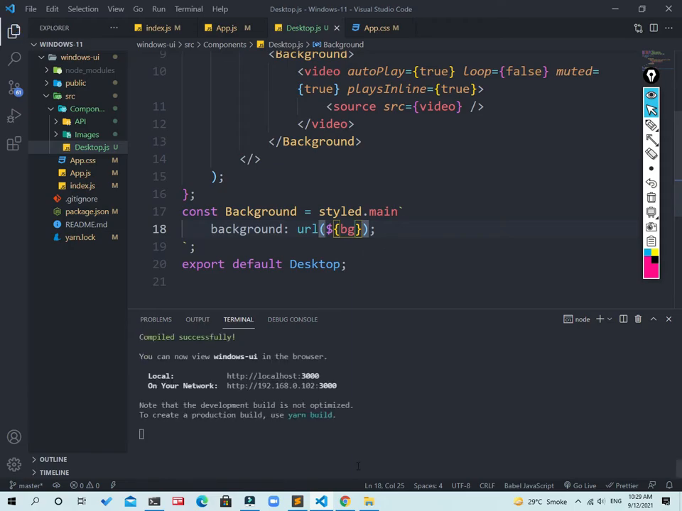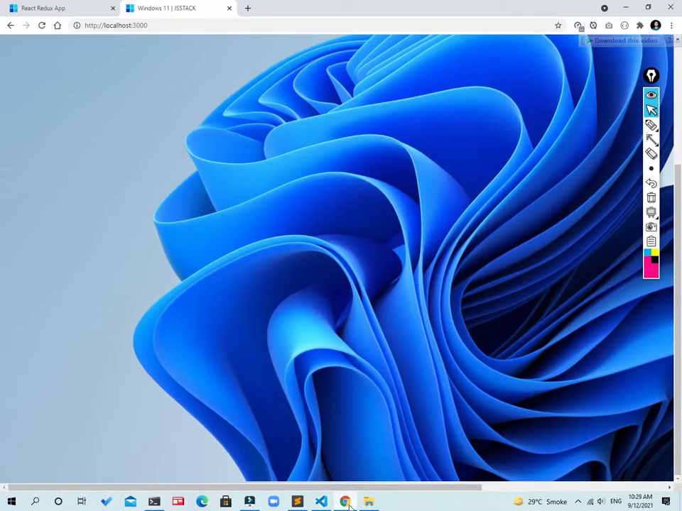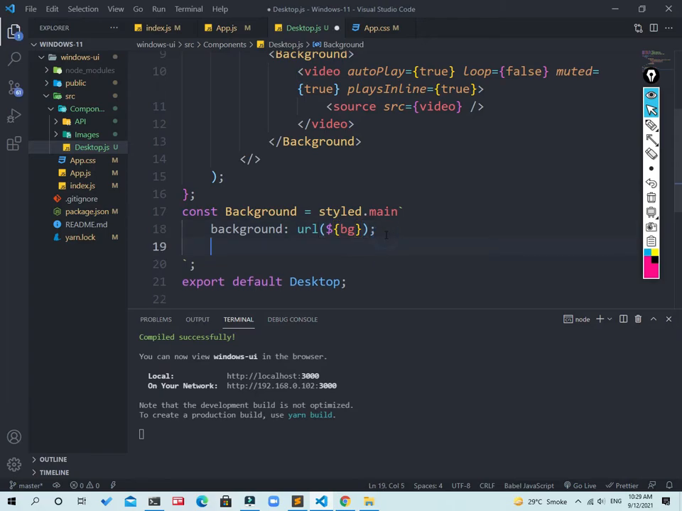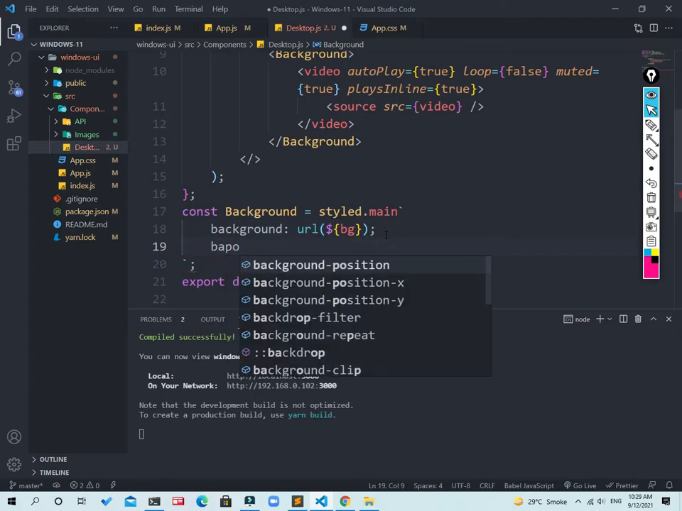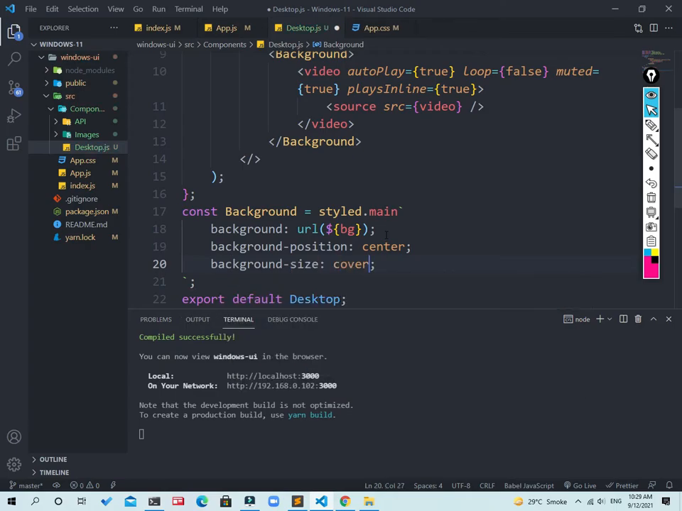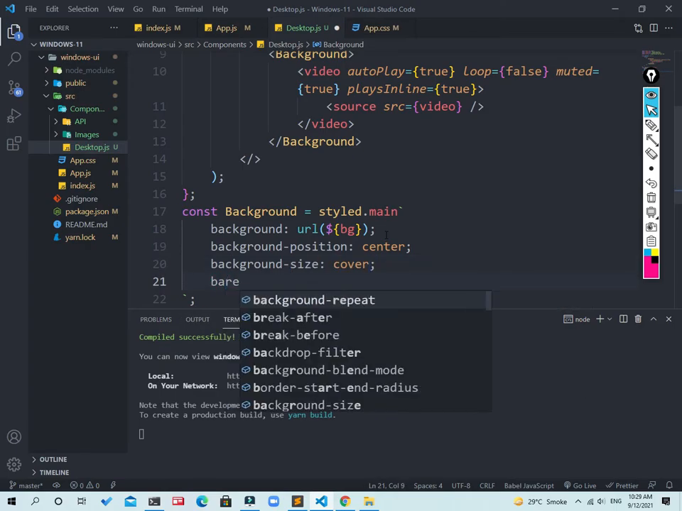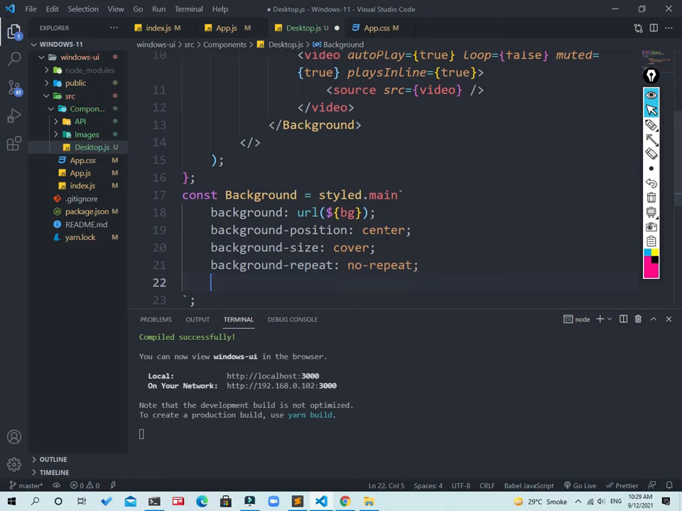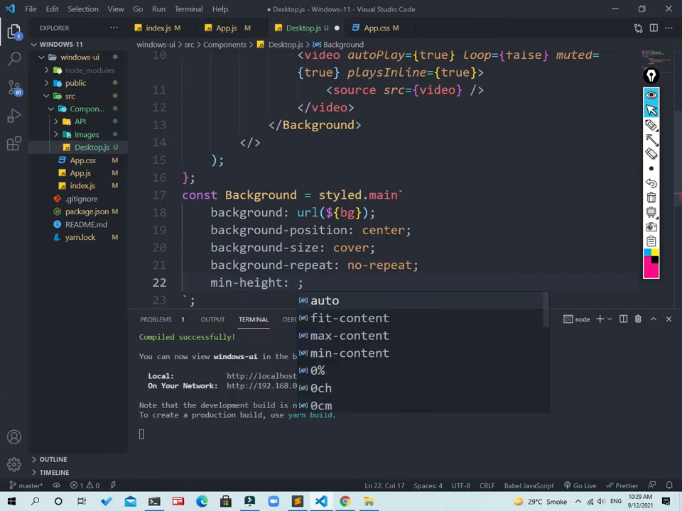Okay, go back and the background is applied, but we need to add some CSS in there. Background position center, background size cover, background repeat, add a minimum height there, 100 VH. Okay,